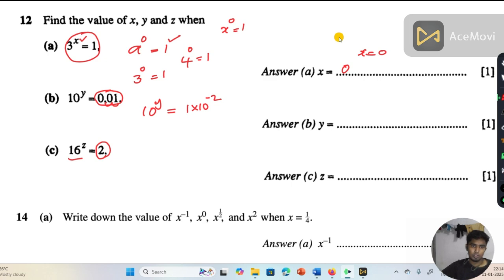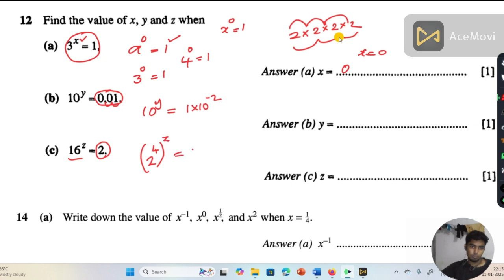So how to write 16? 16 we can write as 2 to the power of 4. We can check that 2 raised to 4 is 2 times 2 times 2 times 2. 2 times 2 is 4, 4 times 2 is 8, 8 times 2 is 16. So 16 we can write as 2 raised to 4. Then all raised to z